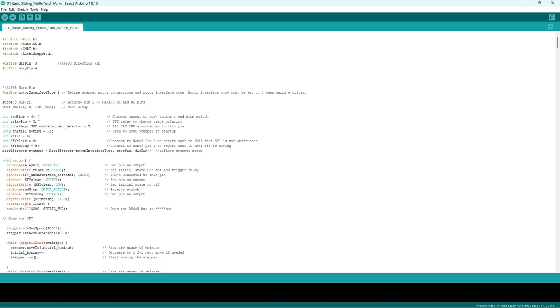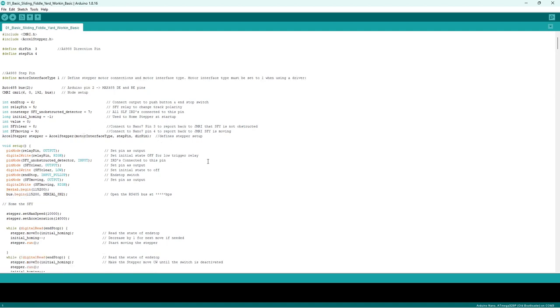End stop pin, a relay pin. These are all basic stuff. Detector pin, and that's the infrared detector pin. Homing, that's used for homing the stepper. The different values, different pins, clear, moving, and these are all connected to different pins to give it a bit more operational